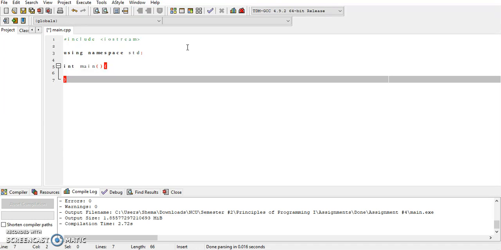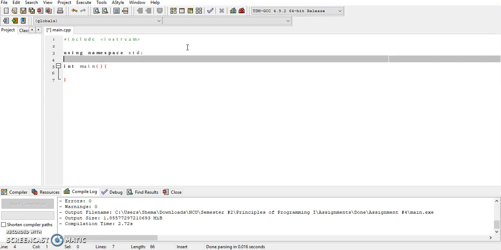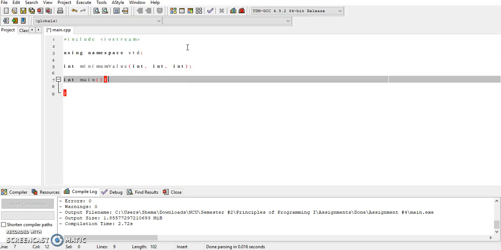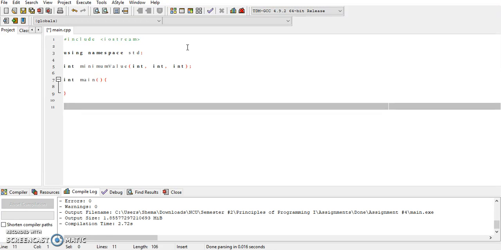Alright, so first of all, we need to make the function, and also have a prototype of the function. So let's say we'll do the prototype. So we'll say int, and we'll call it minimum value, and we'll pass three integers to it. So this would be the prototype. So we'll just have int, the data type there. So we'll have three int because we'll be passing three integers to the function,